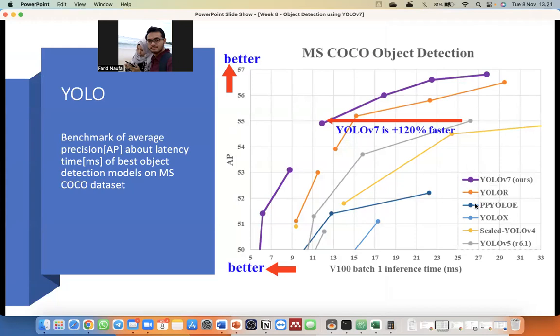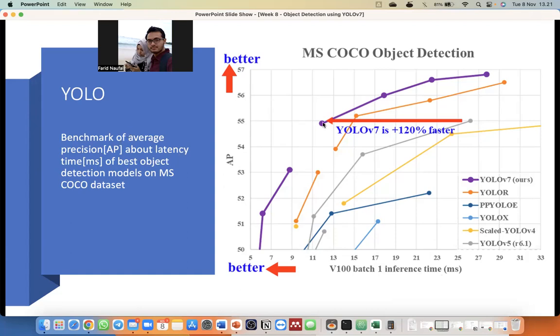And there are other algorithms here: YOLOR, PP-YOLOE, YOLOX, Scaled-YOLOv4, and YOLO version 5. As you can see here, we have an x-axis and a y-axis. The x-axis means the inference time, the time used for detecting the object, and the y-axis represents the average precision.